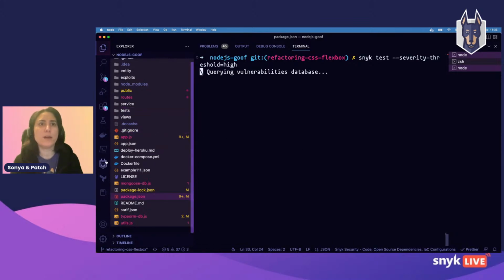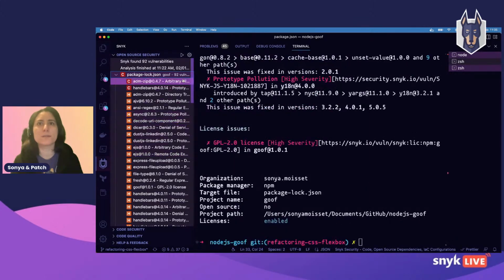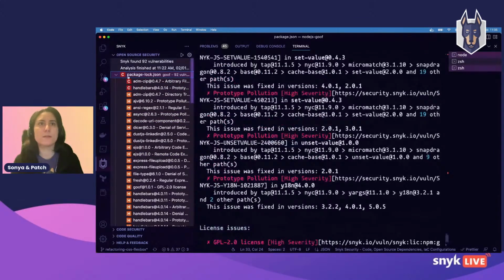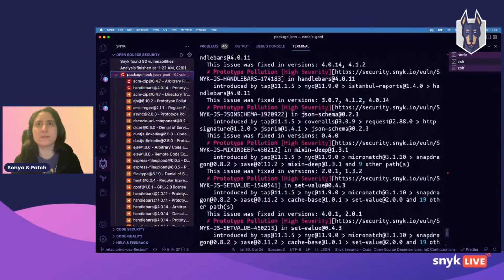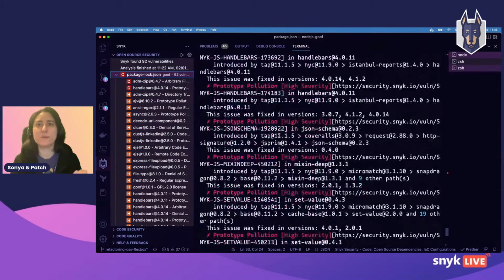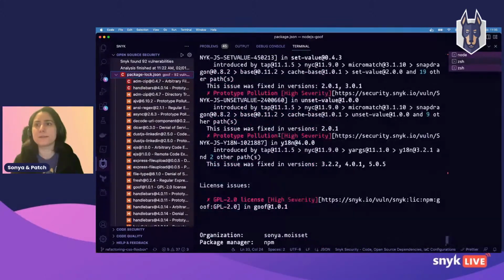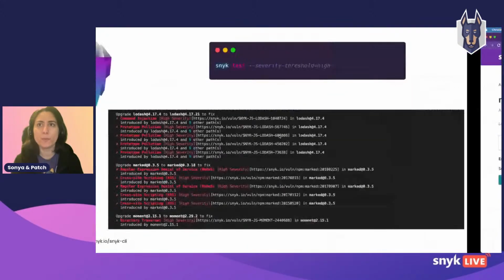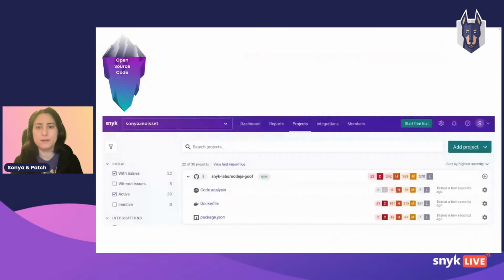And this should come back with only the highs and criticals. So in our case, you would see only these vulnerabilities here. If you want to filter your vulnerabilities and tackle the high and critical ones first, this is a good way to go.